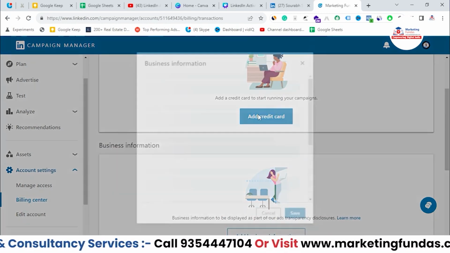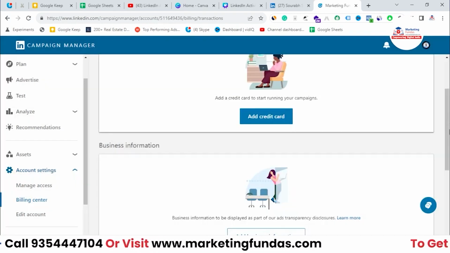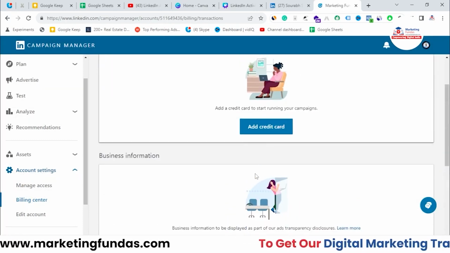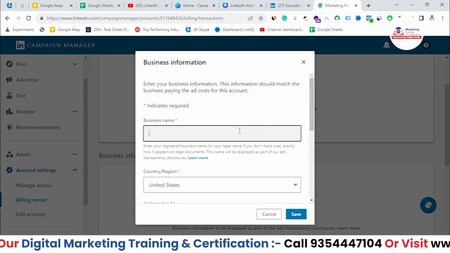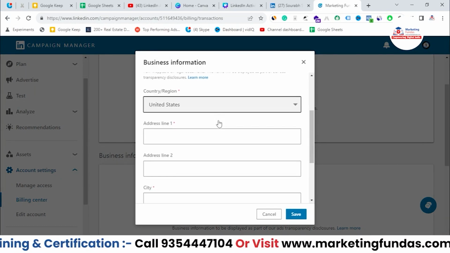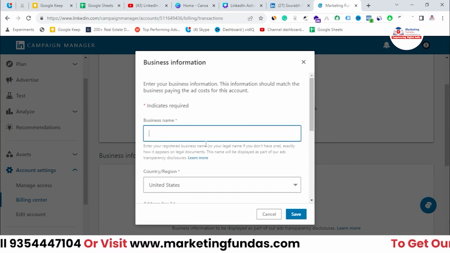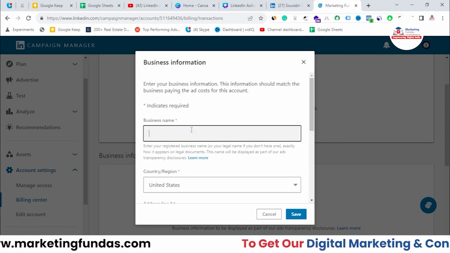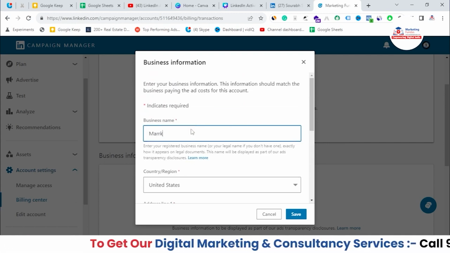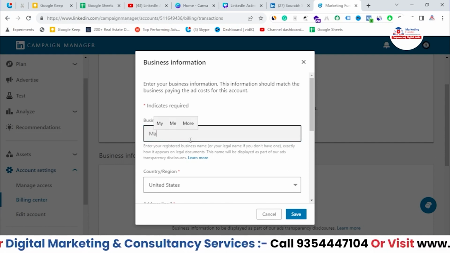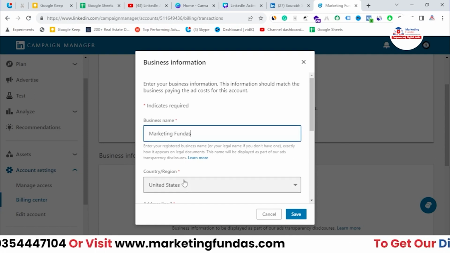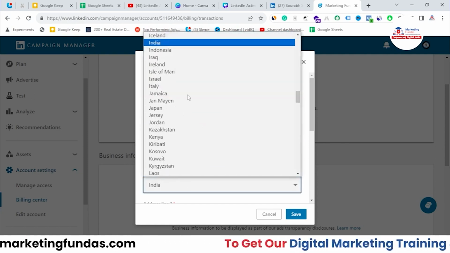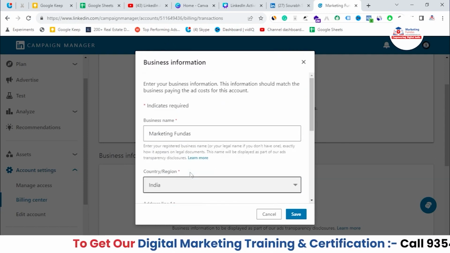So let me click on add credit card, and here on the second option you can add your business information, right? So first let me add the credit card here. You need to enter the business name, you need to enter the region and all. So let's enter first the business name. Let me just enter it, marketing fundas, right? So this is the business name, region is India,